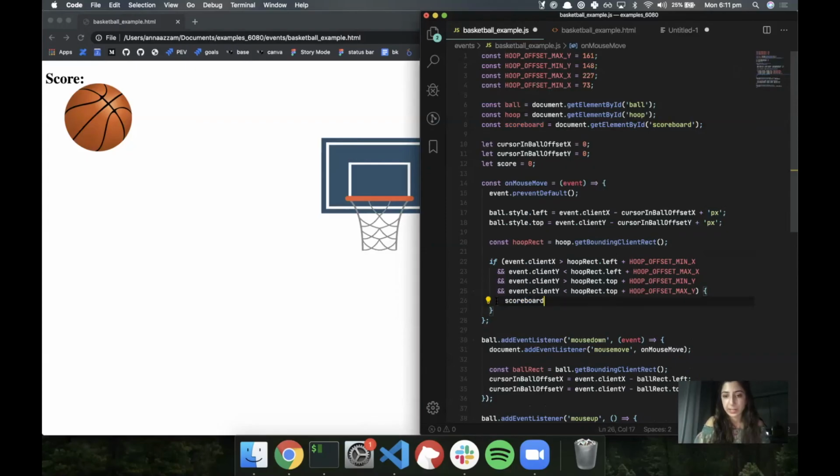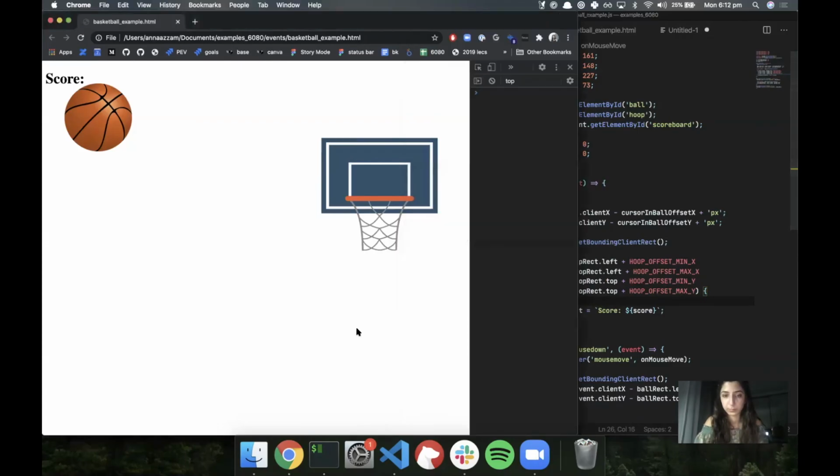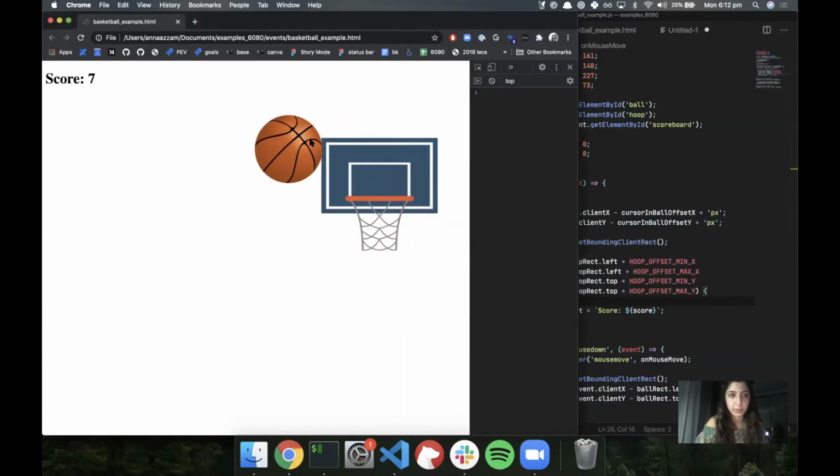And here I'm going to change scoreboard textContent. Okay. Cool, so you can see our score is incrementing,